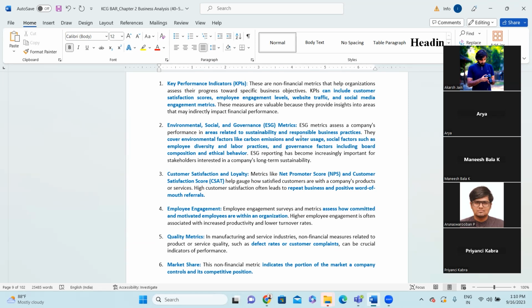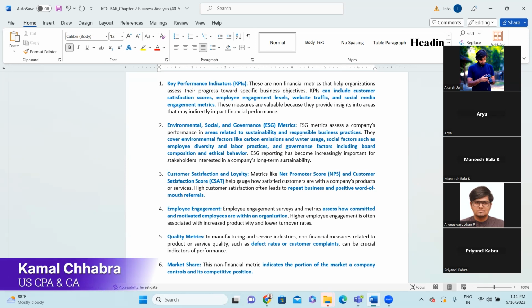They have to report on their responsibility toward ESG: the environmental and social impact, and the governance metrics, right? So ESG metrics assess the company's performance in areas related to sustainability and responsible business practice. So two things from the organization side: sustainability and responsible business practice. They cover environmental factors like carbon emission and water usage, social factors such as employee diversity, inclusiveness, labor practice, and governance factors including board composition and ethical behavior, right? So when you do an ESG audit, or when ESG is required to be reported, you might be reporting